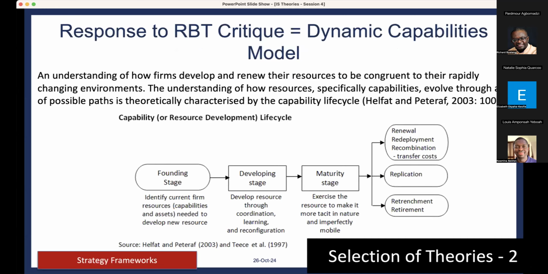Okay. So the dynamic capabilities theory or model is an understanding of how firms develop and renew their resources to be consistent or congruent with the rapidly changing environment. The understanding of how these resource-specific capabilities evolve through a set of possible paths is theoretically characterized as the capability life cycle, in which there are three key steps leading to our outcomes. The first step is the founding stage: identify all the resources a company has right now. Number two, develop the resource through coordination, learning, and reconfiguration. And then number three, you get to a maturity stage in which you can exercise the resource to make it more tacit in nature